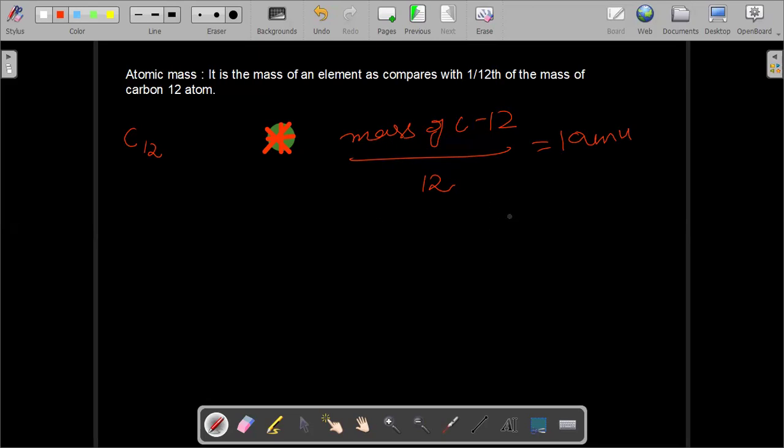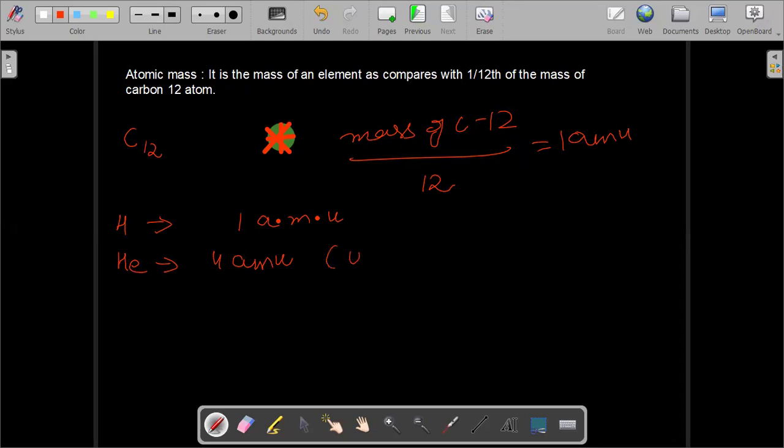So if you compare the mass of an element, whatever times it comes, that will be the atomic mass of that element. For example, if I compare the mass of hydrogen with this, it turns out to be 1 atomic mass unit. That means it is exactly 1/12 of the mass of the carbon 12 atom. Then we find the mass of helium, which turns out to be 4 AMU,